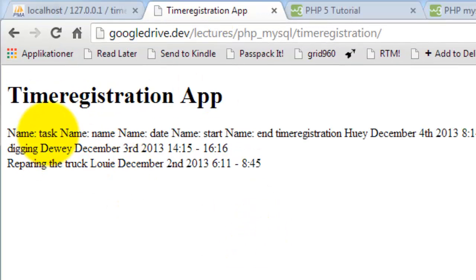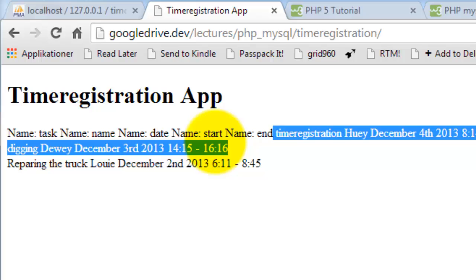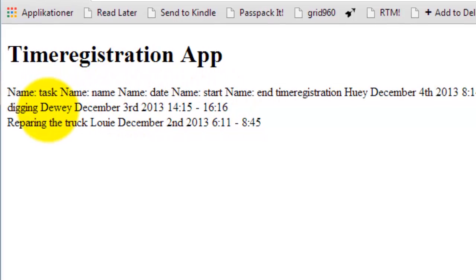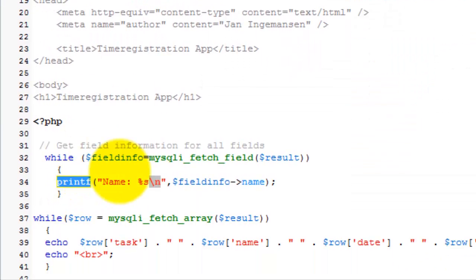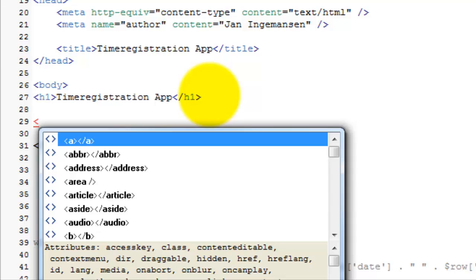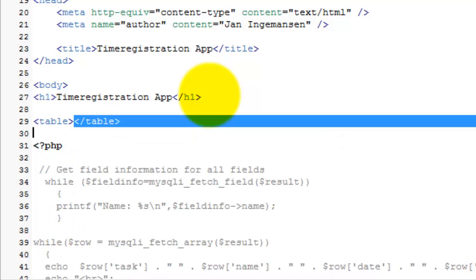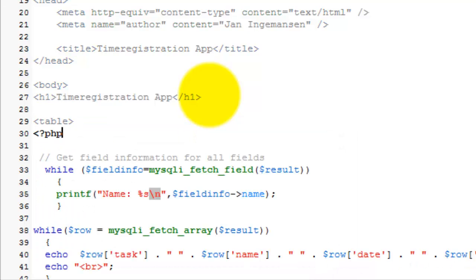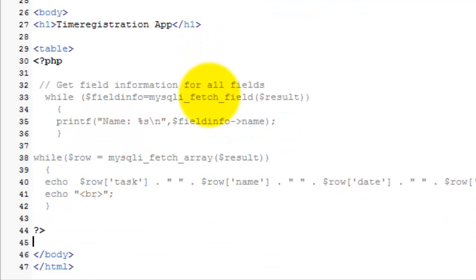Yes, we got the name task, the name, and the name date, the name start, the name end, and then we start our data here. So now we need to format this. So what I want to make is a table. So we start making a table already here, just an HTML table, and we also need to end our table,